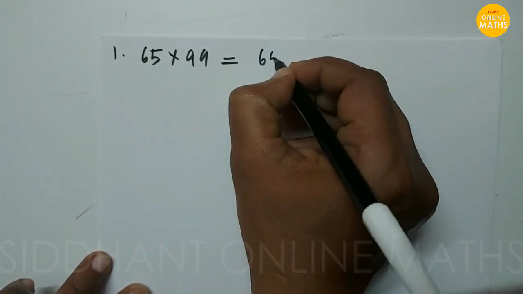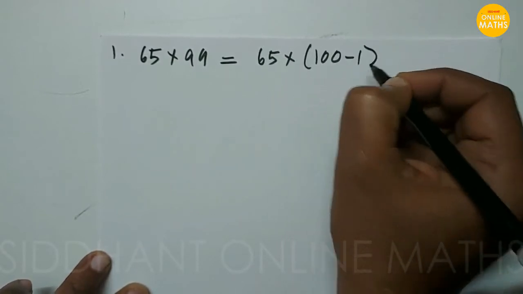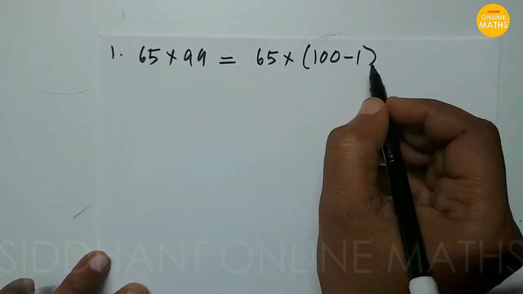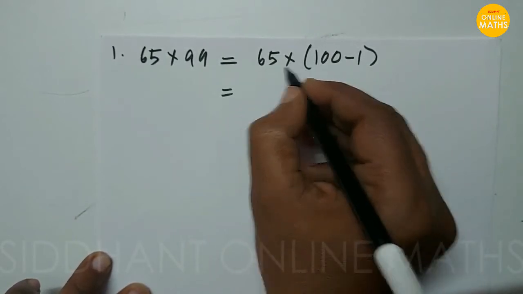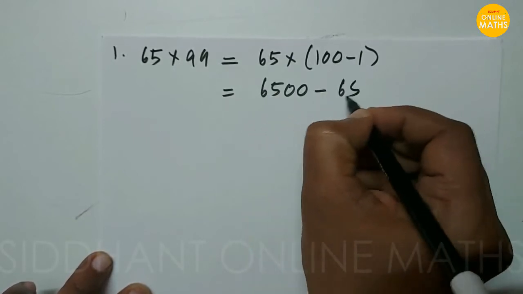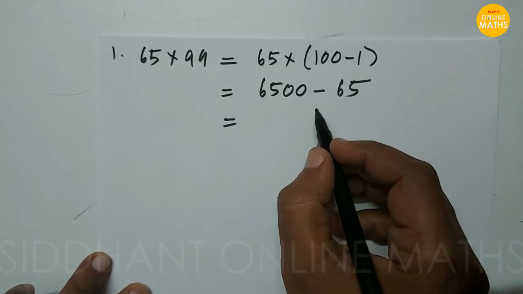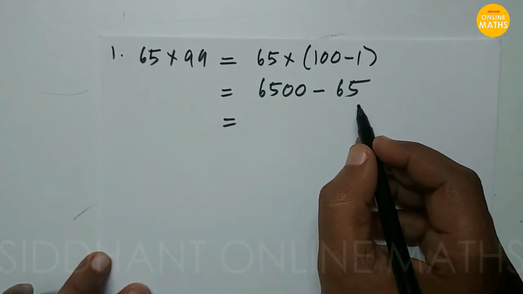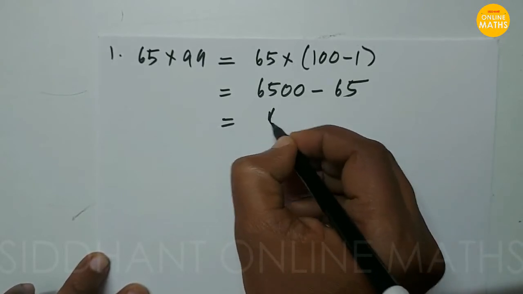So 65 into 99 can be written as 100 minus 1. So now it is easy for us to multiply 65 into 100. So it will be 6500, after that 65. So when you are going to subtract 6500 minus 65, it will be easy for us to subtract. So you get the answer like